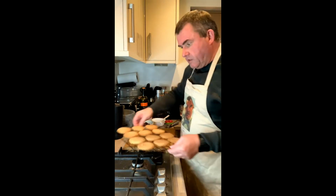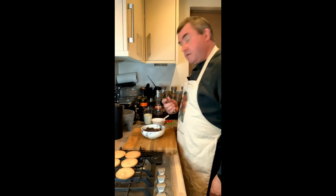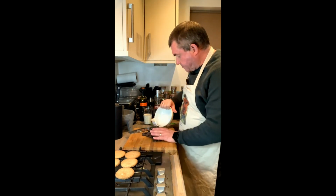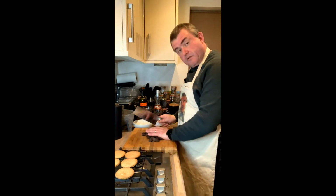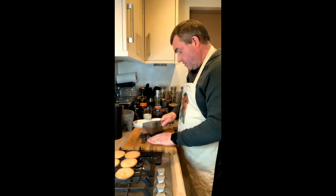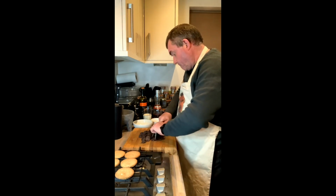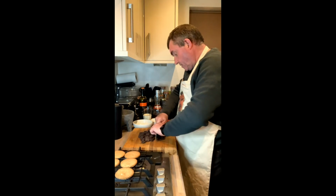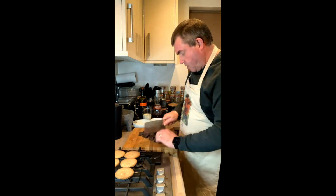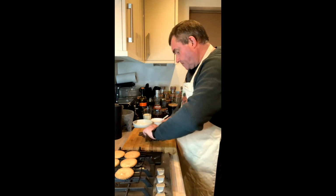So, just going to put these over there for a second. So the chocolate needs to be chopped up. So I decided I might as well give it a chop. Right, so we're going to be boiling up the cream, but because we need to get our chocolate chopped, when we add it, just so it blends in easier, I'm going to get chopping now. Get this chopped up. Try not to take your fingers off. Quite hard, this dark chocolate, harder than that white stuff we used last time. But we'll get it chopped and then